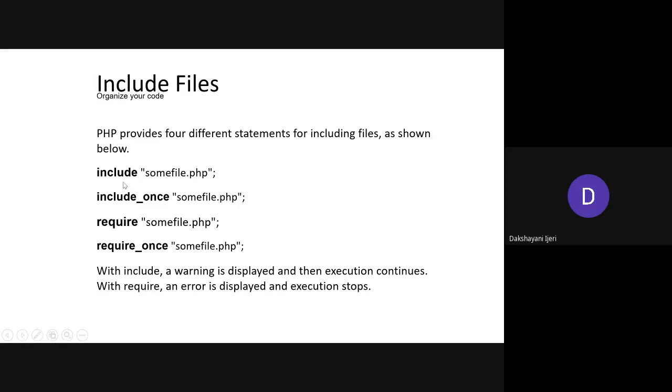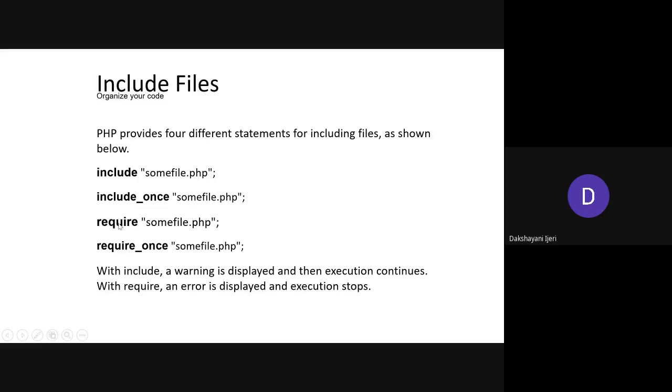The one more difference between include and require is this: suppose the file you are referring to doesn't exist, or the path is not correct. In that case, instead of generating an error, include or include once is going to give a warning, and the rest of the statements will be executed as usual. Whatever statements you have in your program will continue with the execution, along with the warning given by include or include once, right?